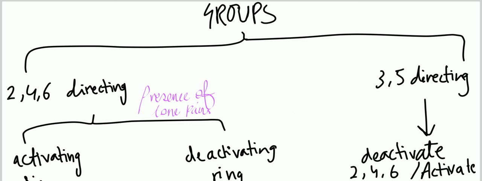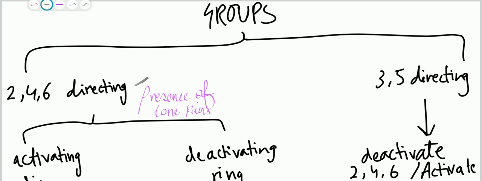Okay, so we have two types of groups. When these groups are attached on position number 1 of the ring, there are some groups which are 2, 4, 6 directing. This means that when these groups are attached to position number 1 on the ring, any other incoming molecules or ions